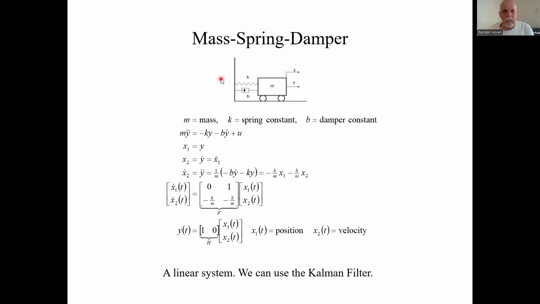In the good old mass spring damper system, where we assume a linear spring constant and a linear damping constant, we could do our state space magic and come up with this two state variable state space model, and everything's fine. We could use a Kalman filter to do this job, not an extended Kalman filter. Everything's nice and linear. So we can use the Kalman filter to do this job. But